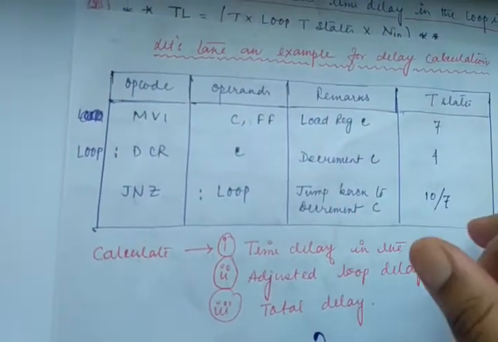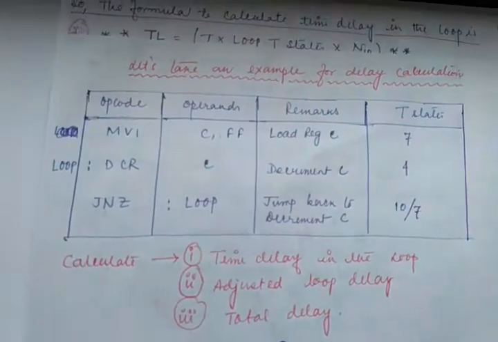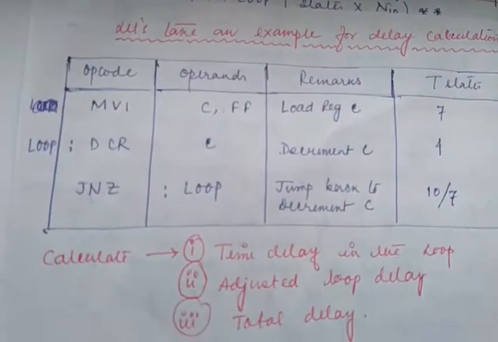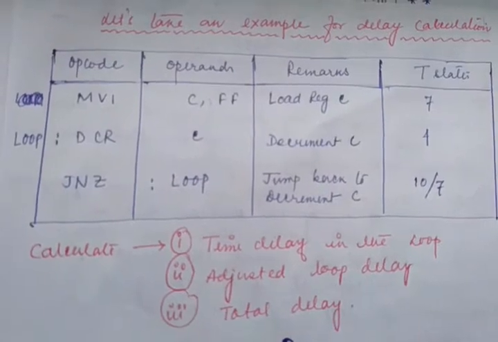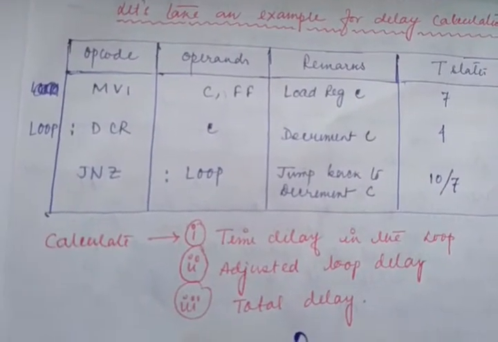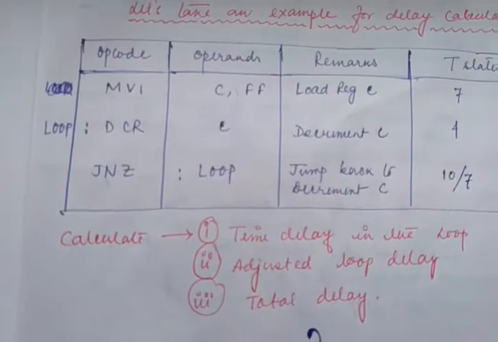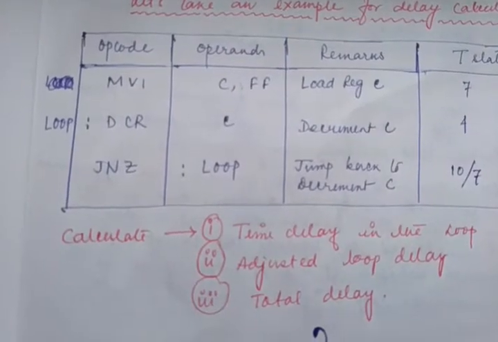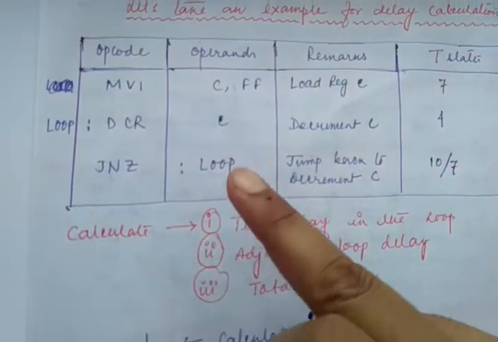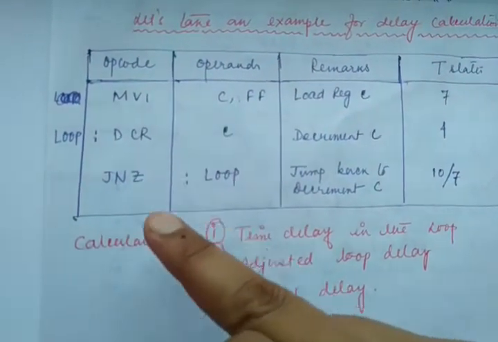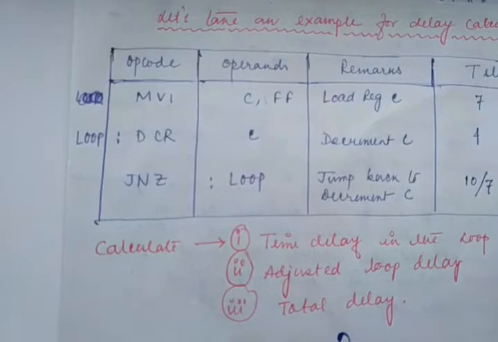Jump if not 0 is the important section, I will explain. Please see that here I have written 10 by 7. So what does it mean? 10 by 7 means 4, 3, 3, right? 4 plus 3 plus 3, so its summation is 10. So jump if not 0, what is this notation? There this is the opcode, and jump if not 0 will go to some location, right?